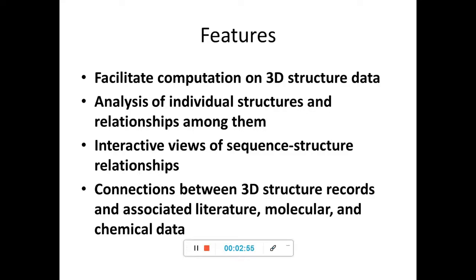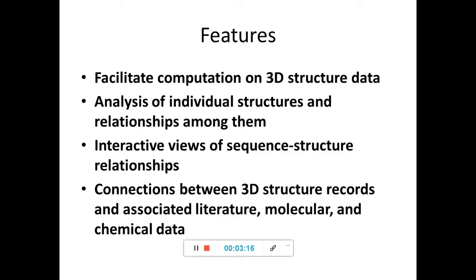It also helps us to analyze individual structures and relationships among them. That is, if you have two different proteins, the analysis of their individual structures and the relationship between them can be analyzed, and the interactive views of sequence structure relationships can be analyzed.